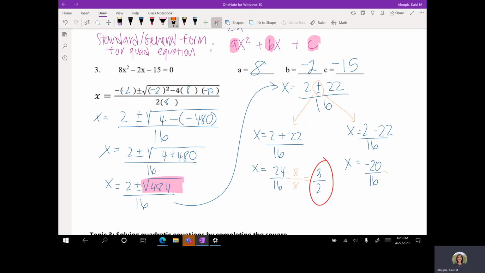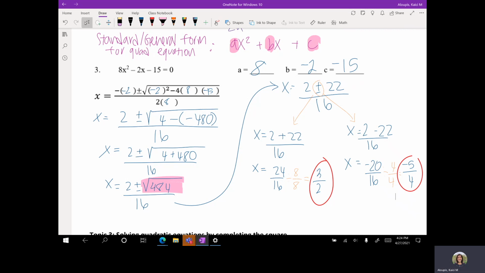Let's divide both of our terms by, the greatest common factor is 4. So I'm going to divide both of the terms by 4. Negative 20 divided by 4 is negative 5. And 16 divided by 4 is 4. So here are my two solutions